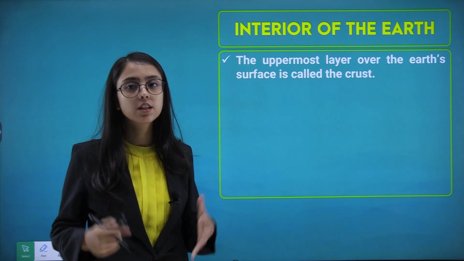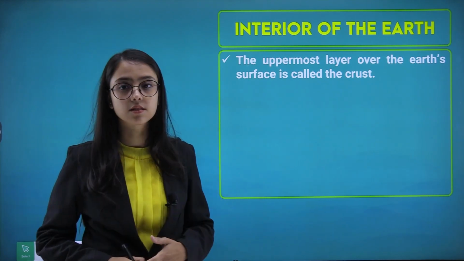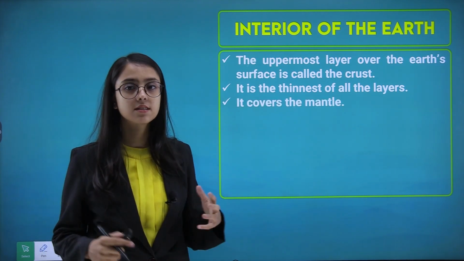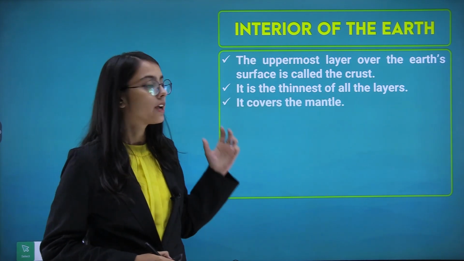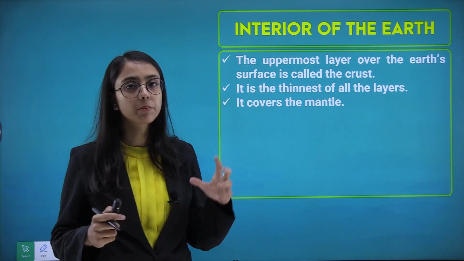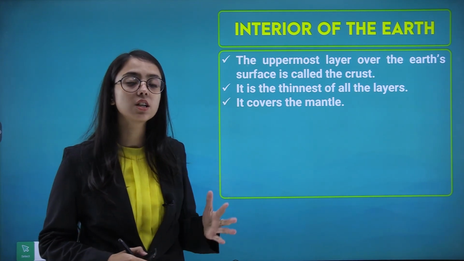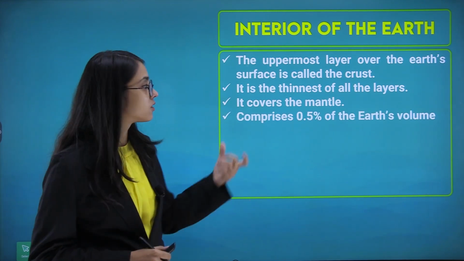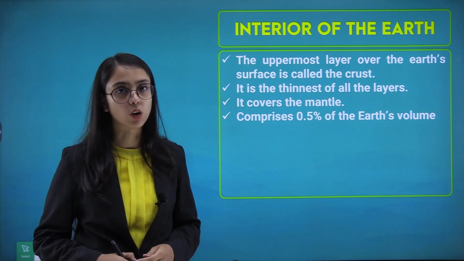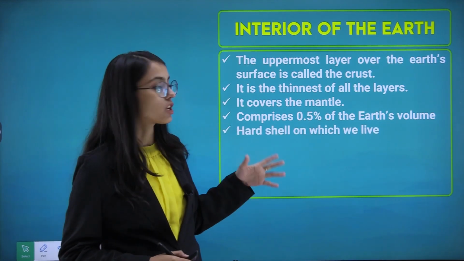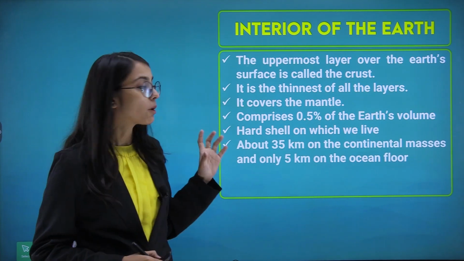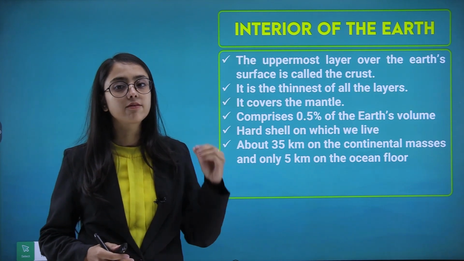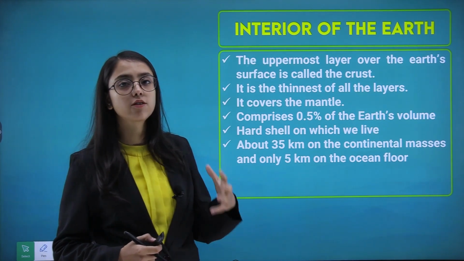Now, the interior of the earth, the uppermost layer, as we discussed, is called the earth's crust. It is the thinnest of all the layers. Then, the middle layer is the mantle, and the crust of the earth or lithosphere covers the mantle. The crust comprises 0.5% of earth's volume. It is a hard shell on which we live. About 35 kilometers of the continental mass is the continents, and only 5 kilometers of the ocean floor is there